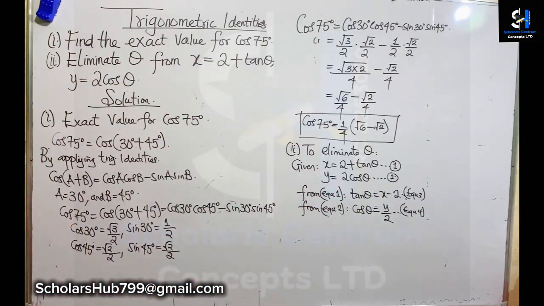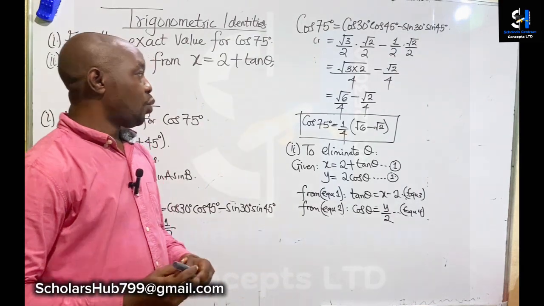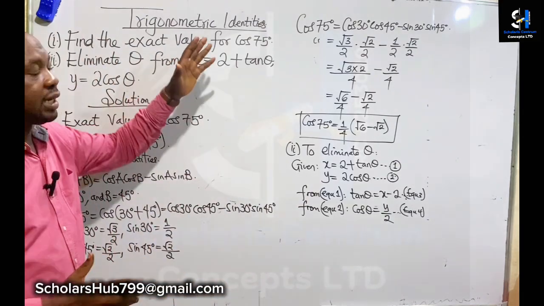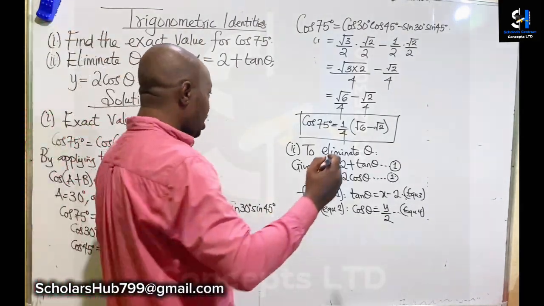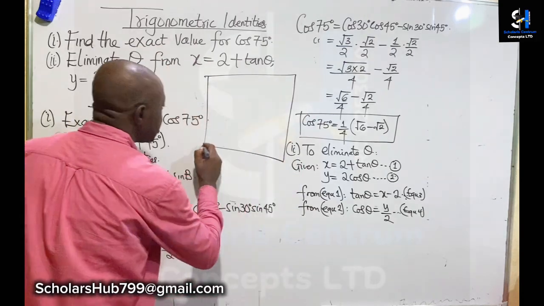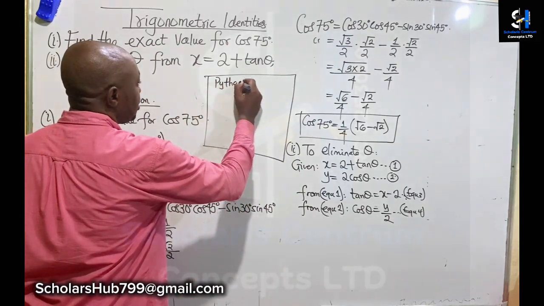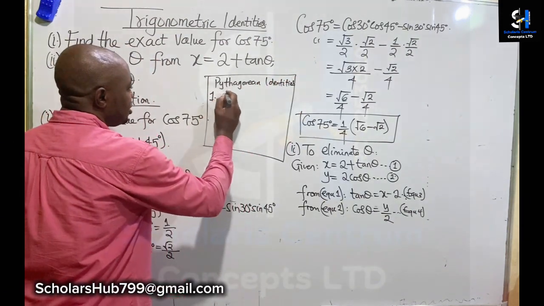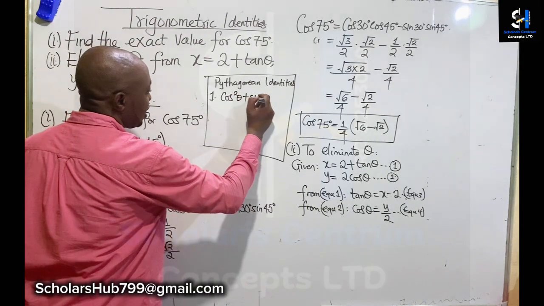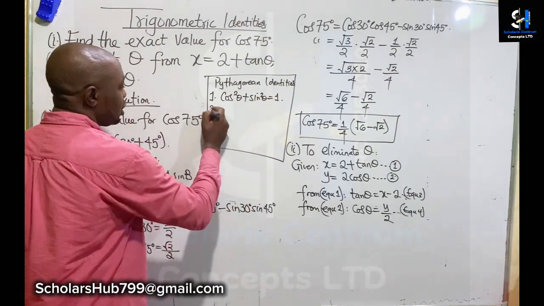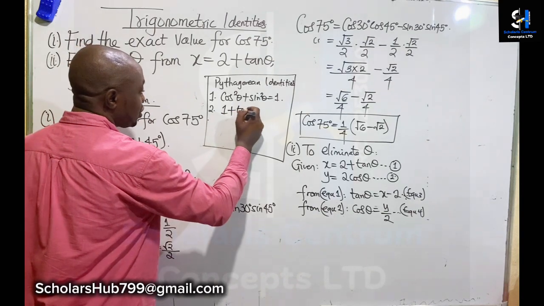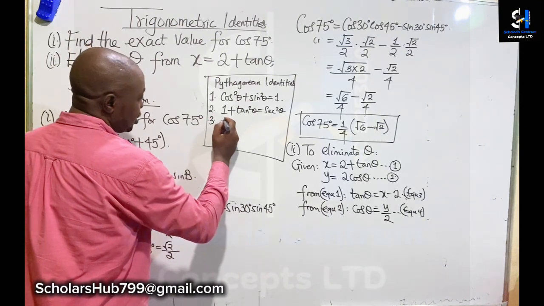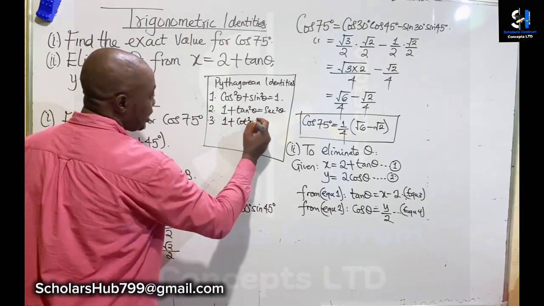Now let's also recall the trig identities, because we have many of these trigonometric identities. We have the Pythagorean identities. The first one is cos² θ plus sin² θ equals 1. Number 2, we have 1 plus tan² θ equals sec² θ. Then number 3 is 1 plus cot² θ equals